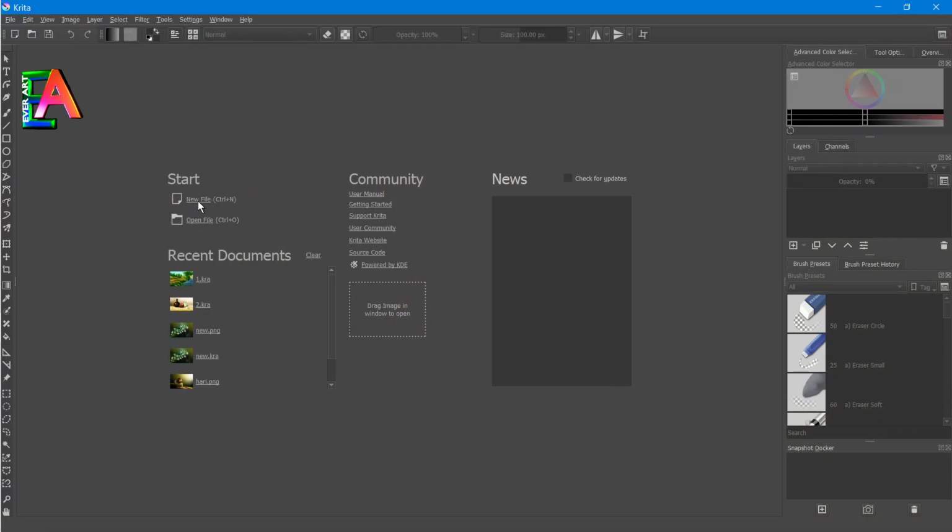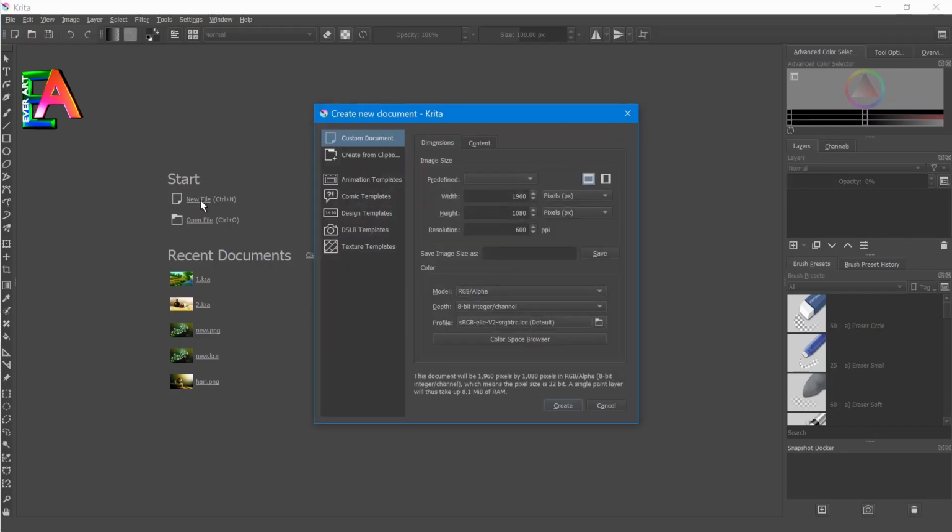Here it has a New File option, so just click on it, and after clicking, a window will pop up and you can change the width and height of the page. This will basically set your page, either in landscape or portrait mode. If you want landscape mode, click on this, or otherwise click on this. Here you can also change the resolution of the sketching. This indicates PPI, meaning points per inch, and this is the width, this is the height.